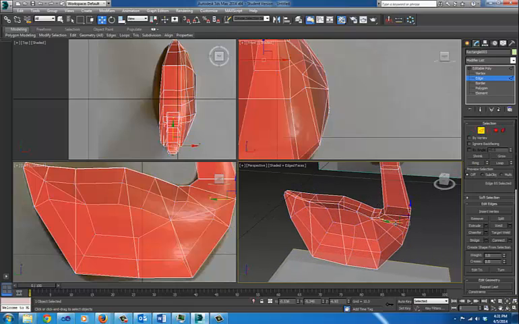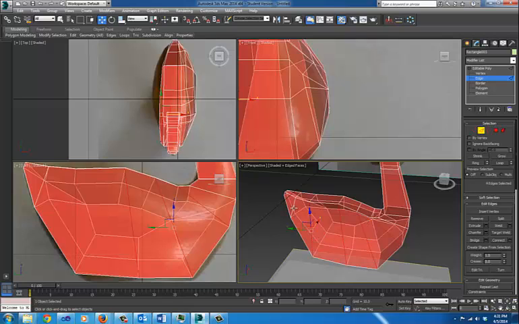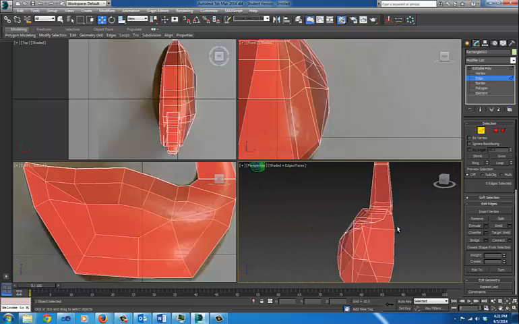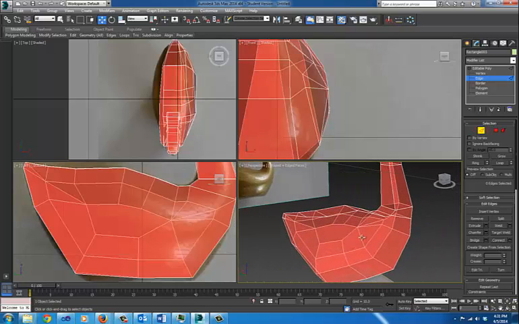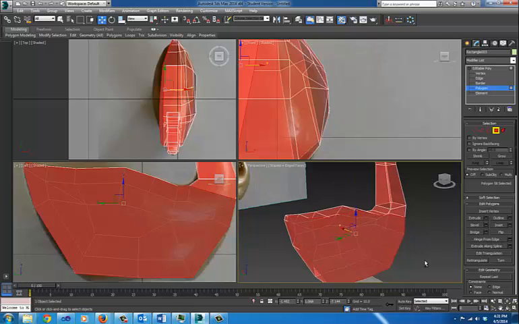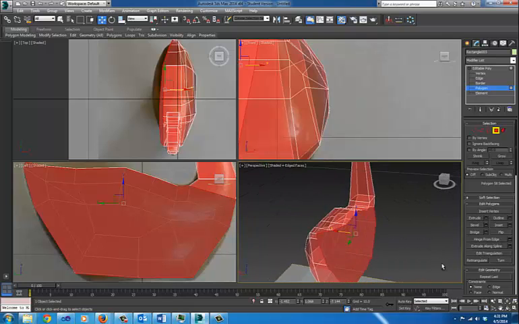So we're going to go back to the edge sub-object, and again, as I said, I'm going to be deleting these inner edges of the side of the swan. Select them and click backspace,